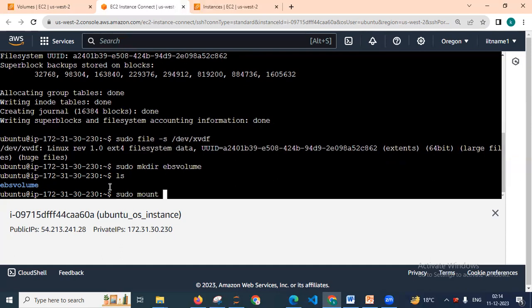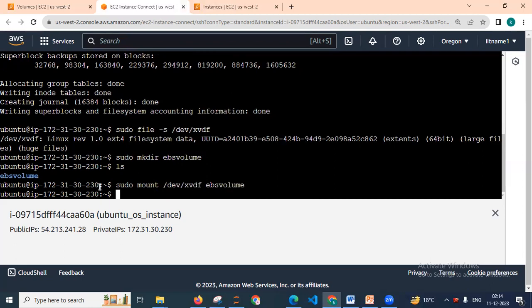So write dev xvdf and write directory dev EBS volume, and just click on. And now you have this, see that sudo mount, and this drive means this directory is mounted over this volume,